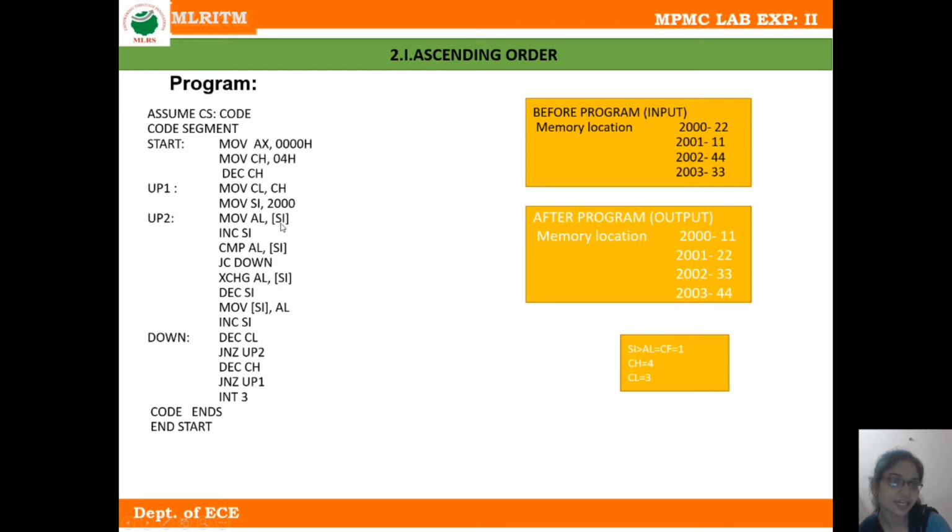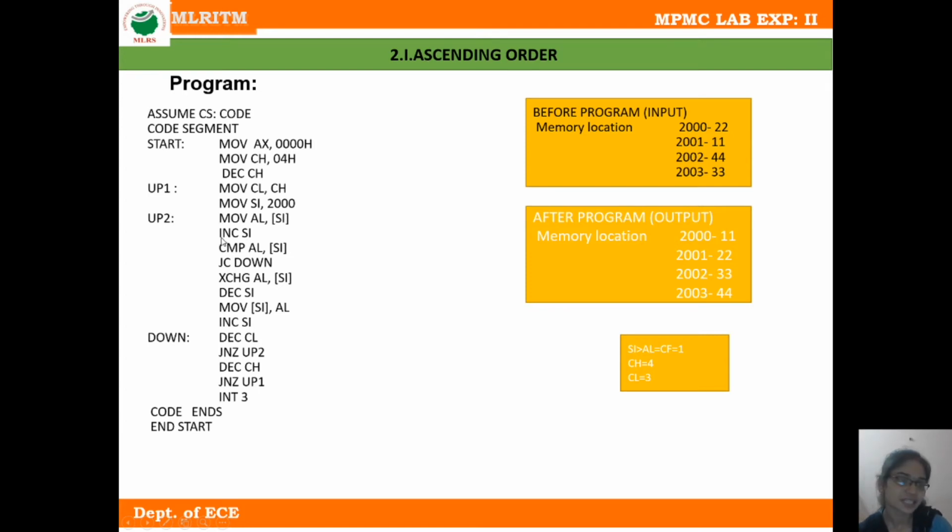Again, the content of SI, which is presently 2001, is moved in AL register. Now AL containing 22. This 22 is compared with the next number, which is 44.